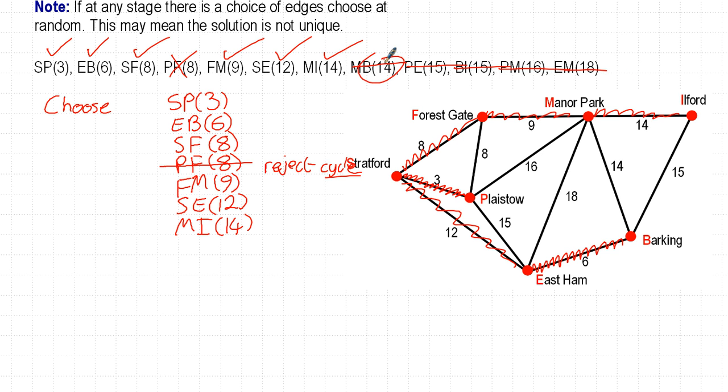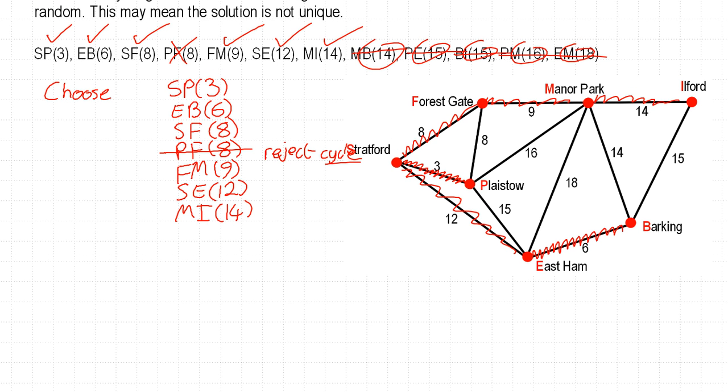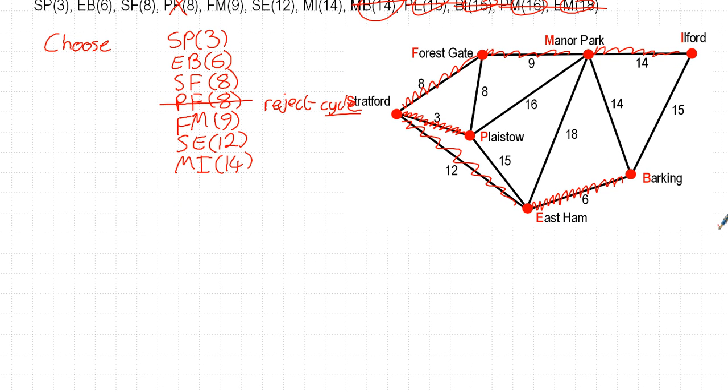If you try and include any more of these, it will definitely form a cycle because we've already connected to all of the vertices. So if you try and connect to it via a different path, it will indeed form a cycle. But for the purposes of showing our workings, we just need to say that